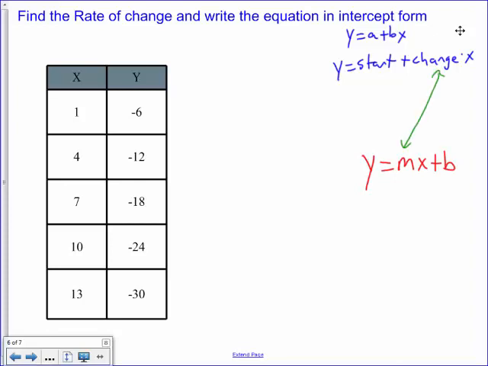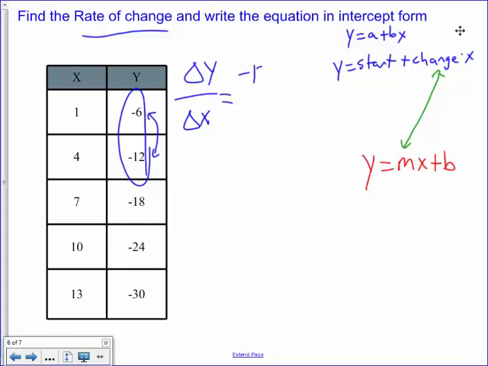To find the rate of change, you find out how much the y's change, right? The output in the y's, and then you find how much the change is in the x's. It doesn't matter where you want to grab stuff from. So I'm just going to grab right here. I like to always start from the back and then move up. So I'm going to go negative 12 minus negative 6,